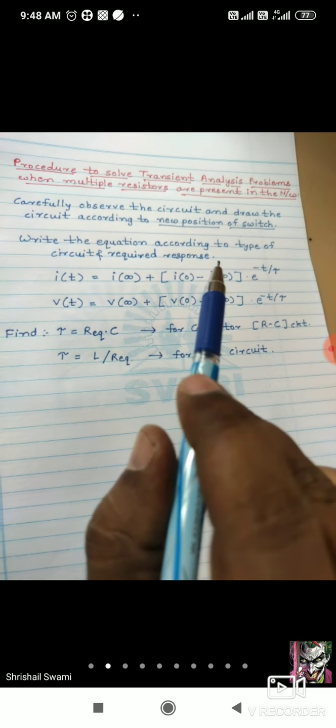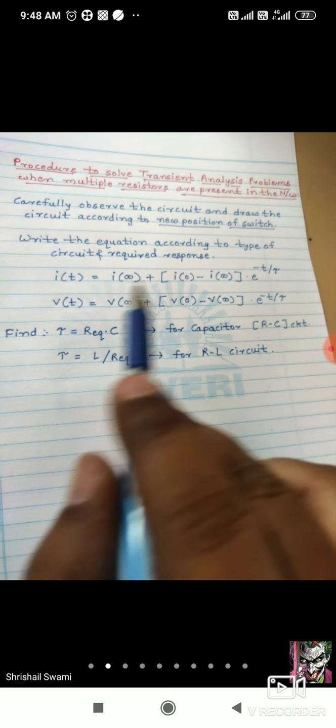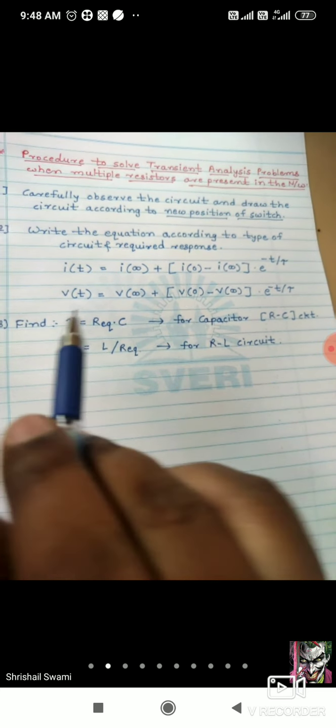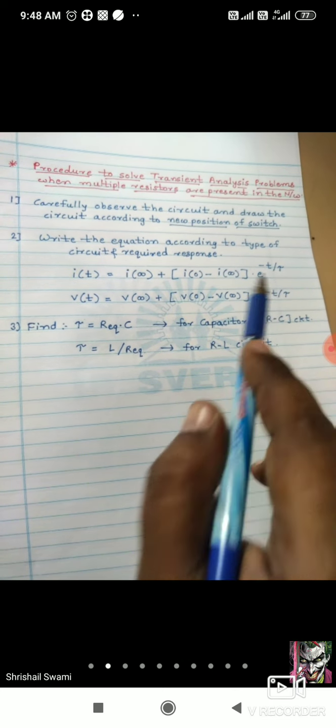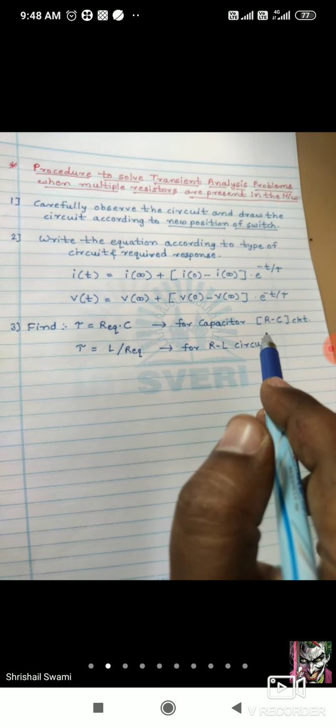So according to that you can write these two equations. Sometimes we only need one equation, sometimes we need both. Okay, so the third step will be to find this tau value according to the type of circuit,